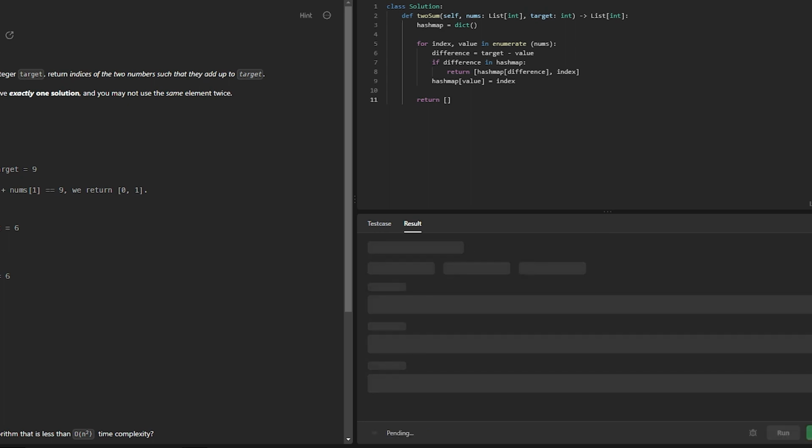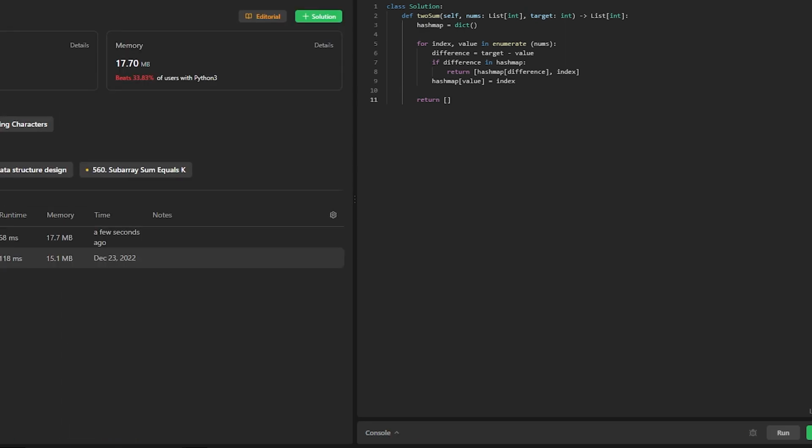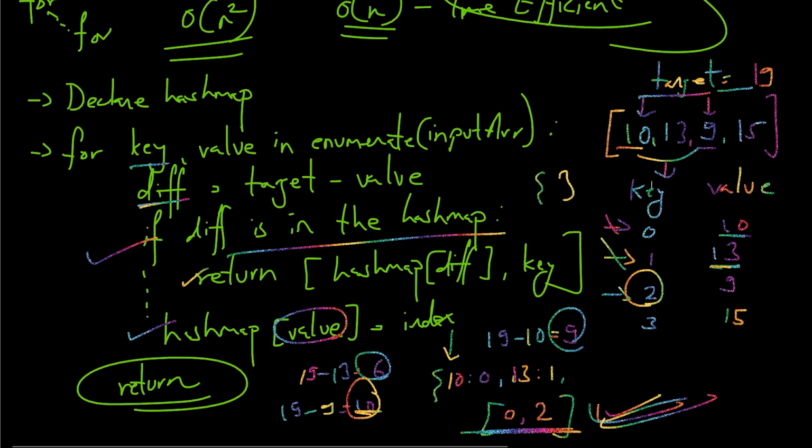Submit it. Okay, so this is a more time efficient solution. So this was it about the hash map. Now from the next tutorial onwards, we will be taking things up a notch. We will be working with a lot of other algorithms. You will obviously see hash maps many times.